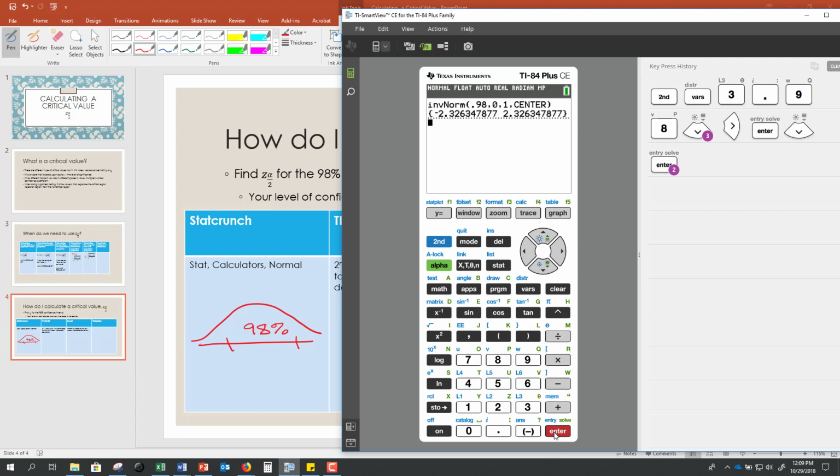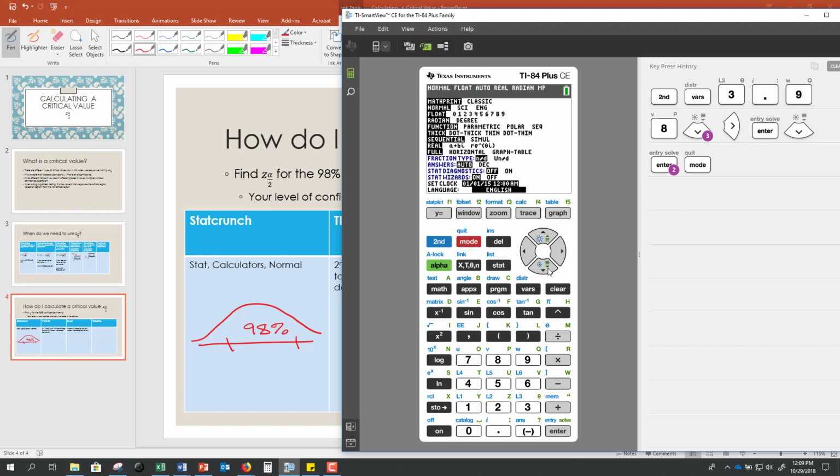and paste. So it gives us, once again, just like StatCrunch, the negative value and the positive value. So you have to know that your critical value is only the positive z-score. So we have this value. If you don't have the new operating system,